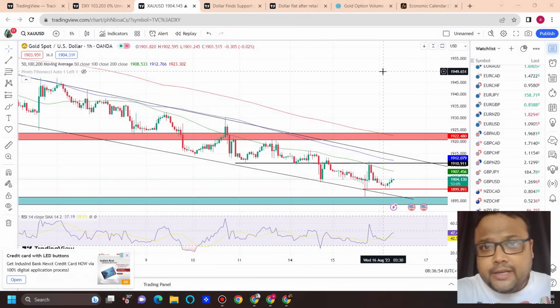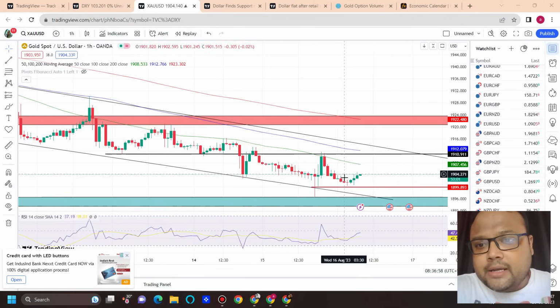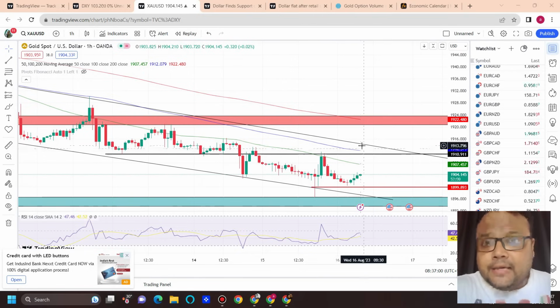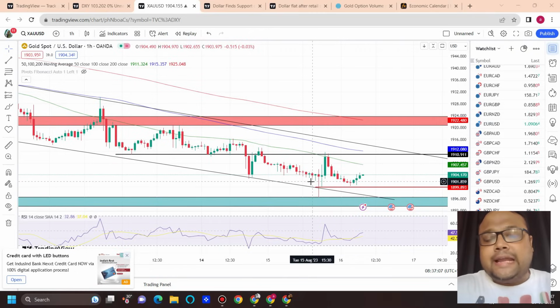And especially during the Asian session and European session, when we can see that the market is not very volatile, the 1900 level is still very much present. Not because we have some solid technical reasons, but yes, the contracts data are showing a good presence of buyers